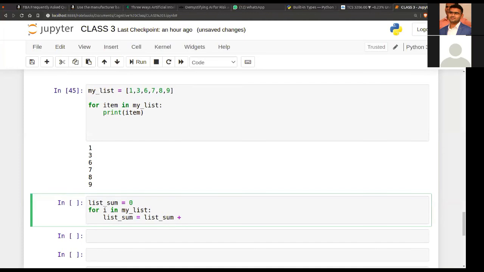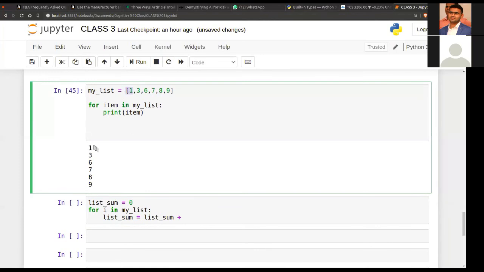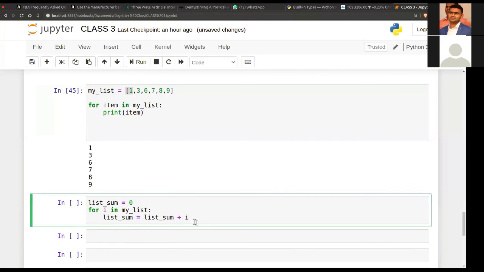For the very first iteration when my loop starts, the value of i would be 1, as we see the first value in the list is 1. Then it goes to the next, then we have 3, then 6, then 7, then 8, then 9. So it will iterate accordingly. In order to have a sum of all the values of the elements, let's go with this.